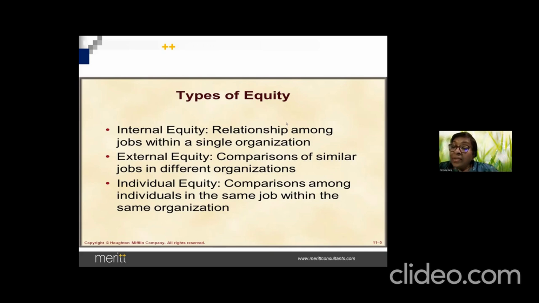What is external equity? That means when I am comparing my 10 jobs, benchmark jobs, with the market, right? And am I paying less? Am I paying more? But why do I need to go to the market and look at the market? Essentially, why do organizations do that? Why do they do salary survey or benchmarking, etc.? Is it necessary? Please, why do you do benchmarking? Why do you do market salary survey? Anybody? To ensure that we pay competitively.